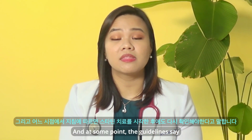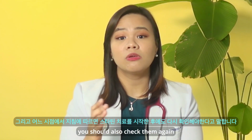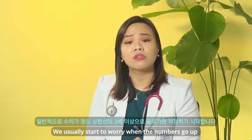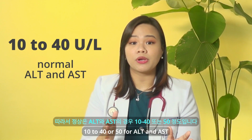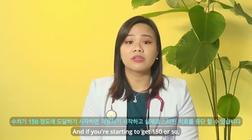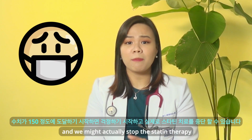And at some point, the guidelines say that after you have started the statin therapy, you should also check them again. We usually start to worry when the numbers go up above 3 times the upper limit of normal. So normal would be around 10 to 40 or 50 for ALT and AST. And if you're starting to get 150 or so, that's the time we start to worry and we might actually